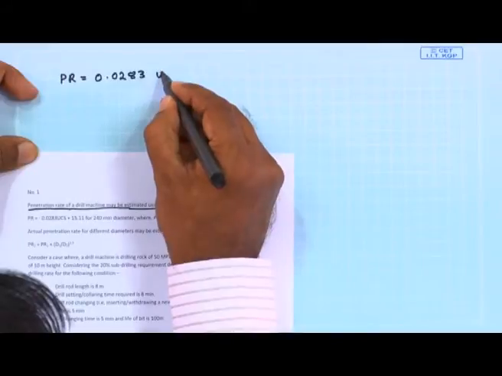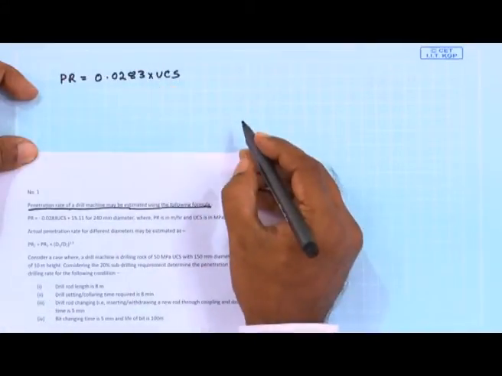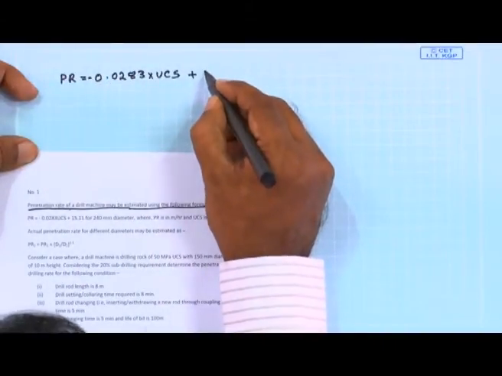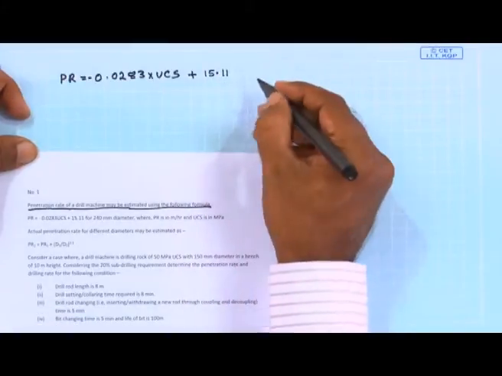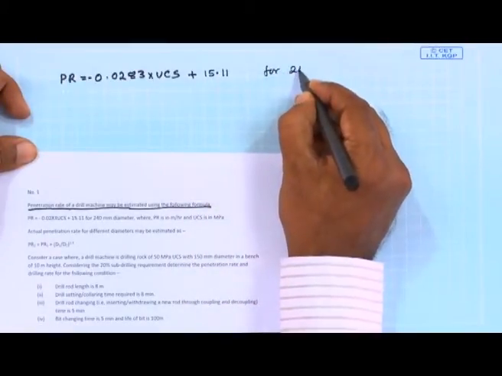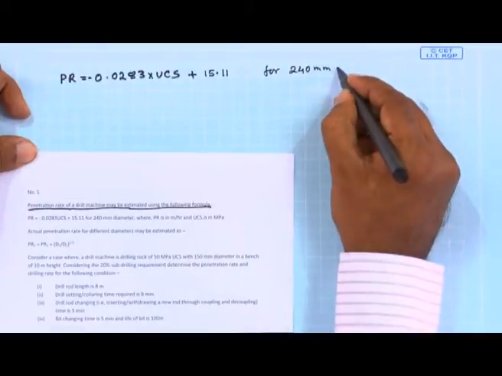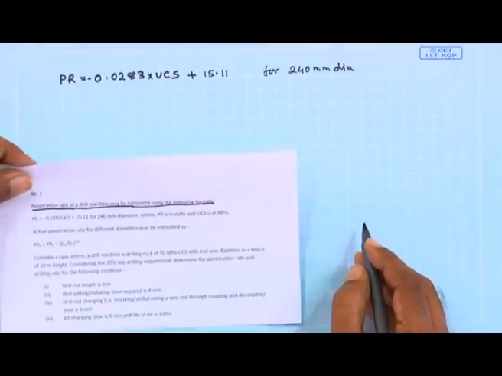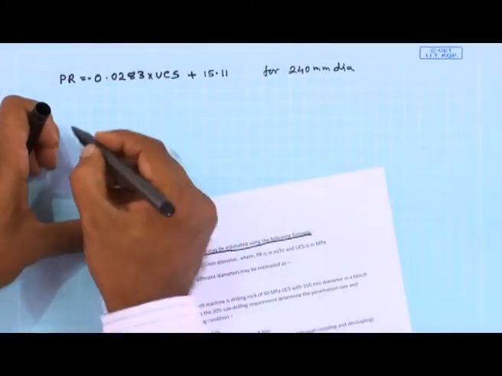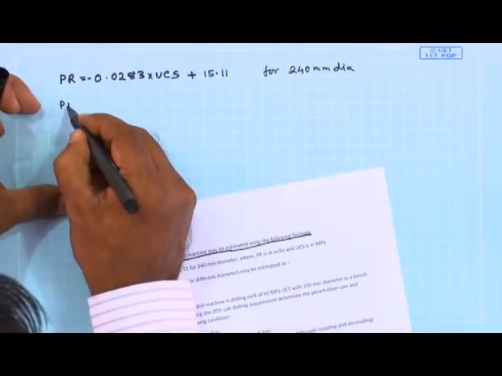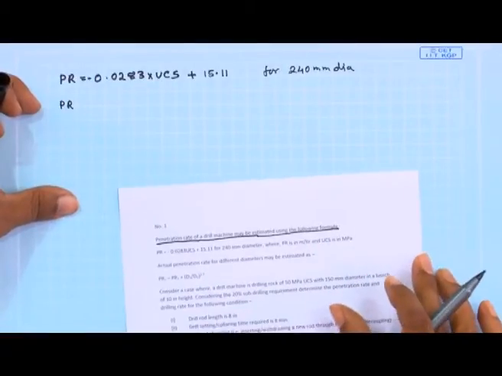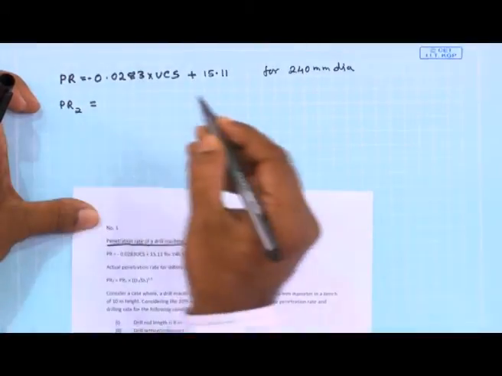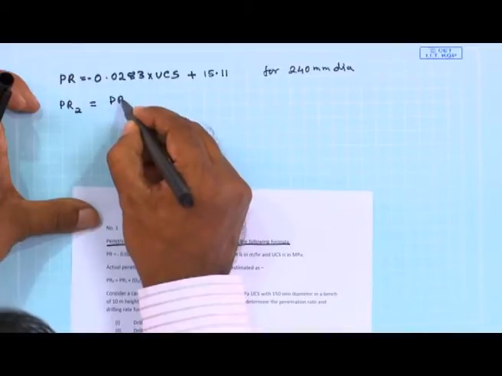0.0283 multiplied by uniaxial compressive strength, sorry, there is a minus ahead, plus 15.11 for 240 mm diameter hole for a rotary percussive drilling. It is also expressed that penetration rate for that particular machine rock interaction varies with the diameter using the formula